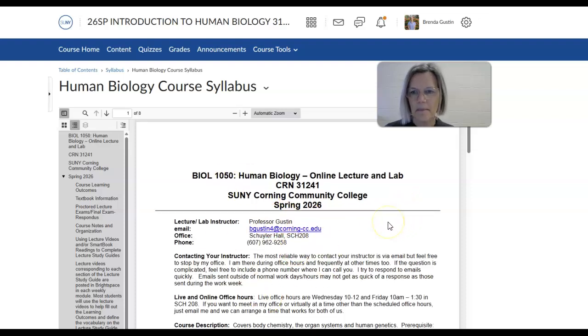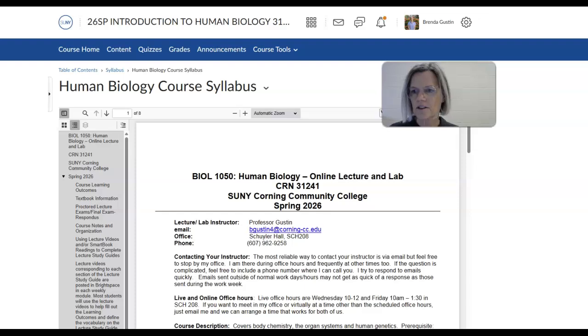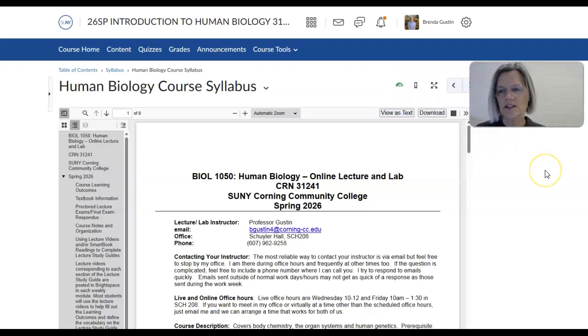Now, what I recommend when you're looking at any of the documents that you need to print, and I highly recommend that you print this because there's a lot of things in here that you'll refer back to. So print this and put it in a 3-ring binder and get your notes started for the semester. But what I recommend is you go from here, you click download,